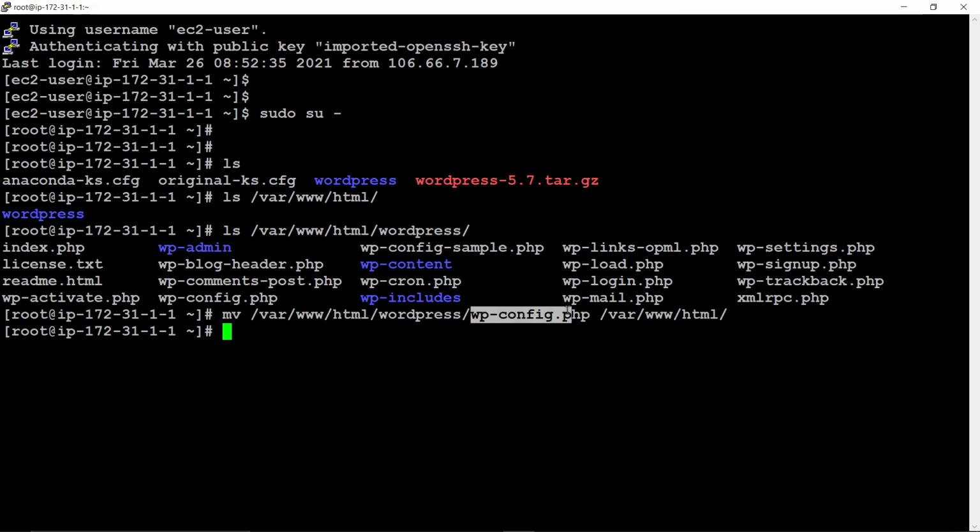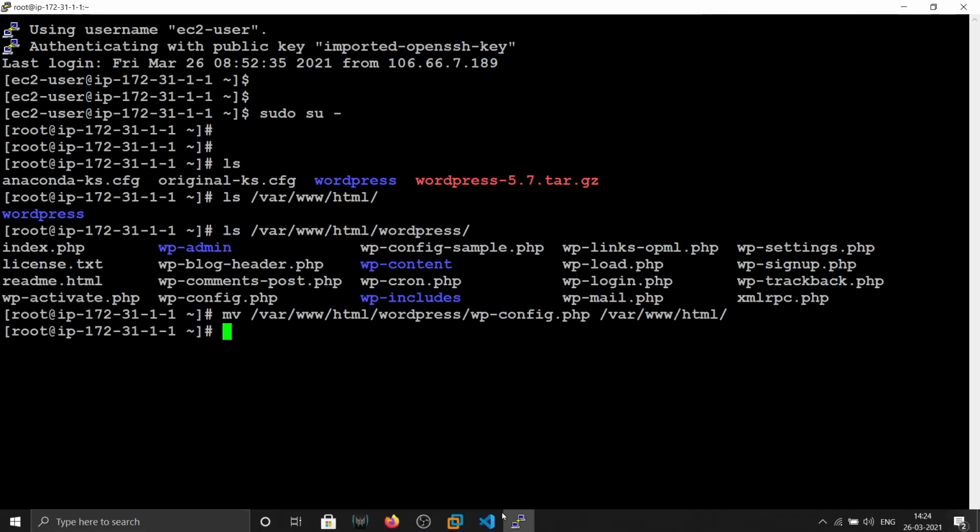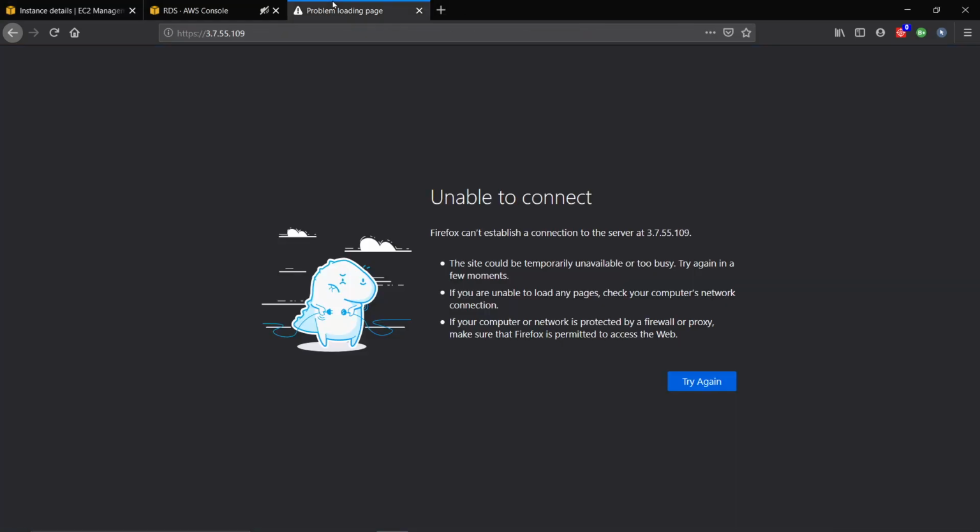So this file has not been there now, so we will see the output.